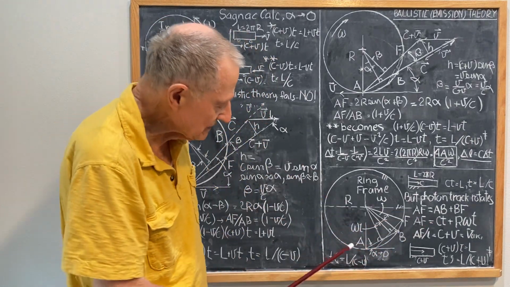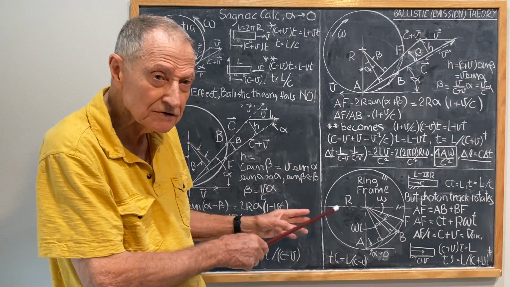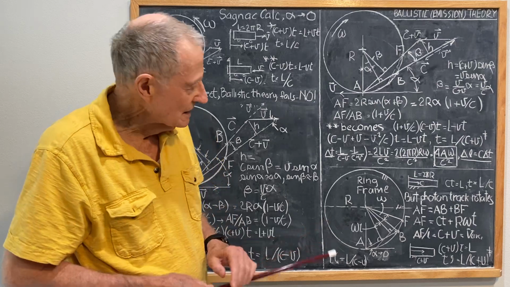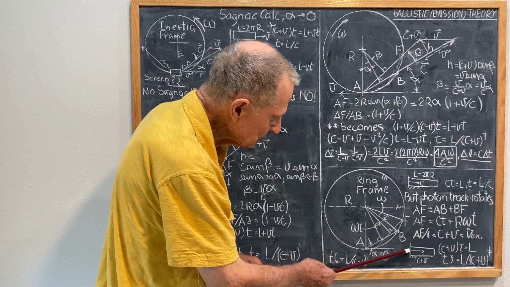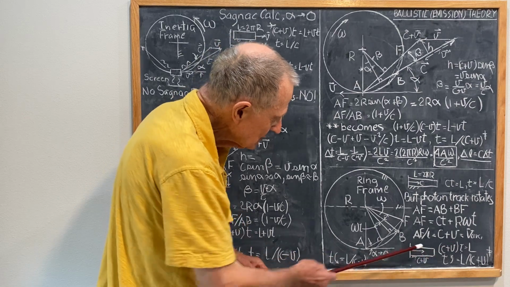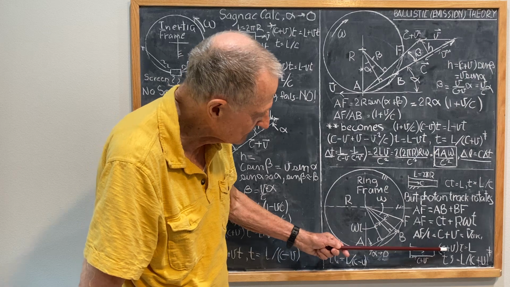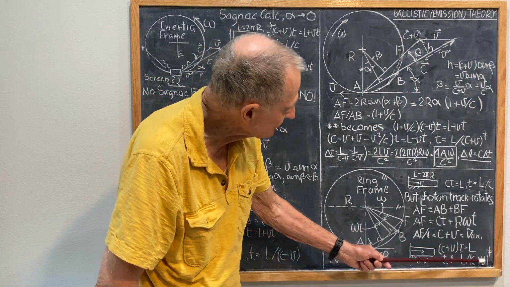Now I have the circumferential velocity with respect to the train, not with respect to the inertial frame. If I'm in the train, looking from the viewpoint of the train, I see the photon emitted with the velocity C plus V. I have C plus V times t equal to L, from which T is equal to L over C plus V,